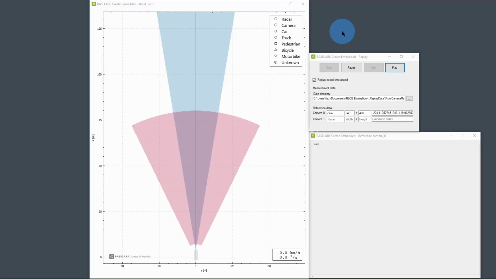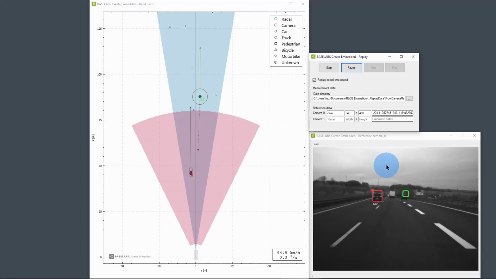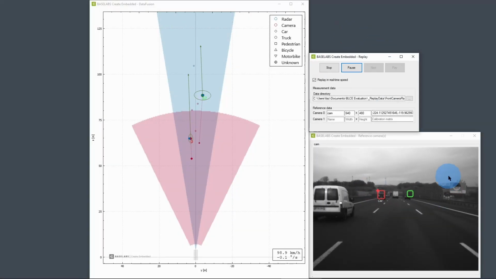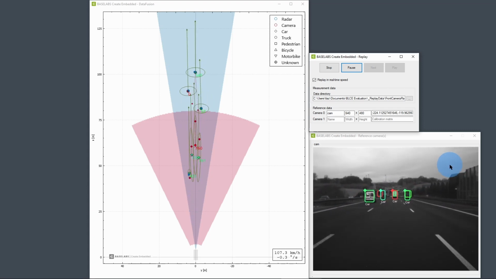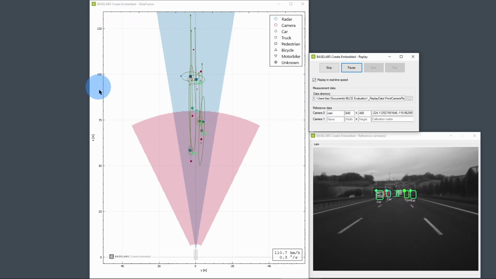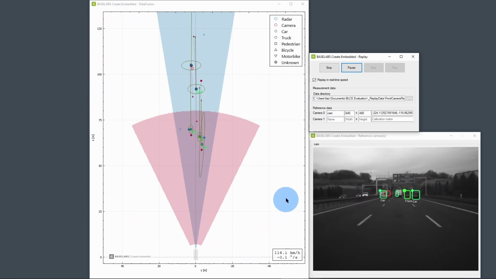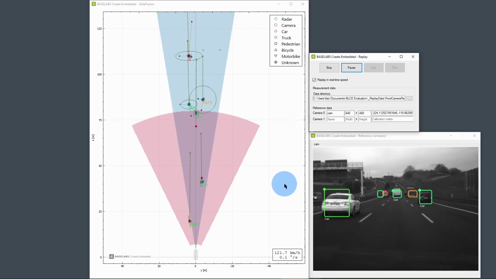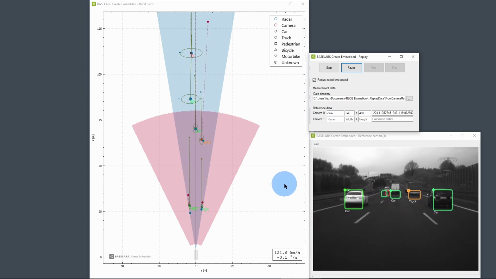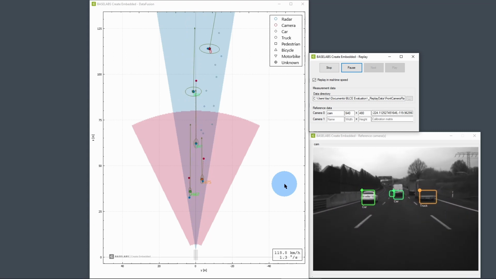After that, I'm going to start a built-in test environment, the so-called replay. You can read recorded measurement data from files and input them to the sensor fusion library. The fusion result is shown in the bird's eye view, which is a built-in visualization. For more detailed explanation of Data Fusion Designer, replay, and visualization, feel free to check the other how-to video.